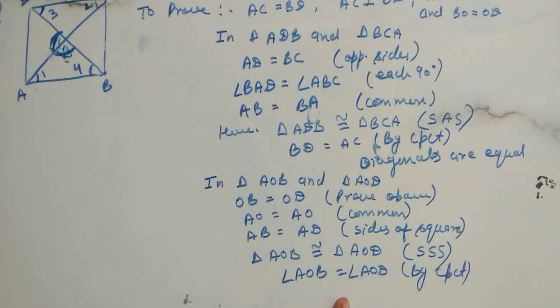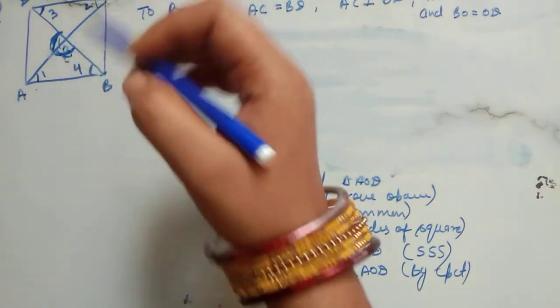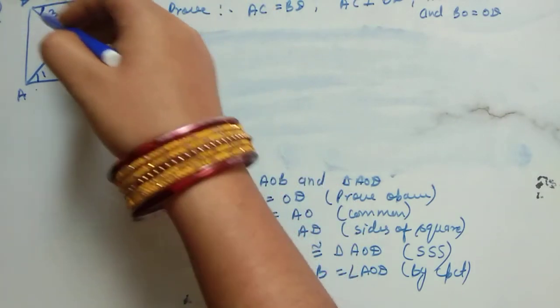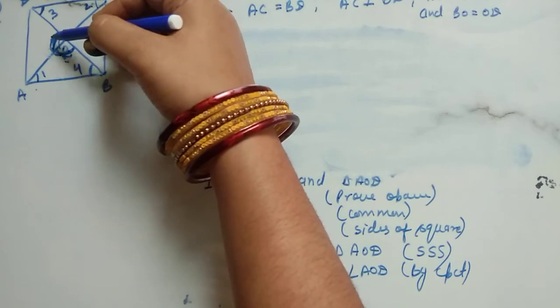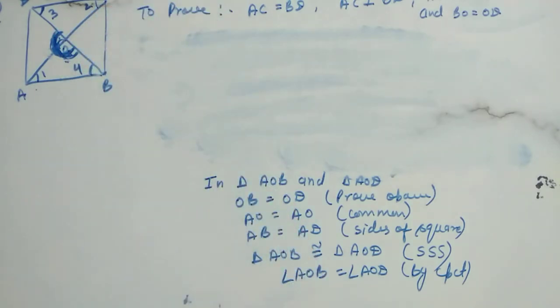Now once we have proved that both angles are equal, we can easily prove that the angle is 90. We have proved that both are equal. Now what will we prove? That the angle is 90. Once we prove that the angle is 90, we can conclude that the diagonals bisect each other at 90 degrees. Now have a look. This BD is a line, and these two angles form a linear pair, angles on a straight line. So their sum is 180 degrees.